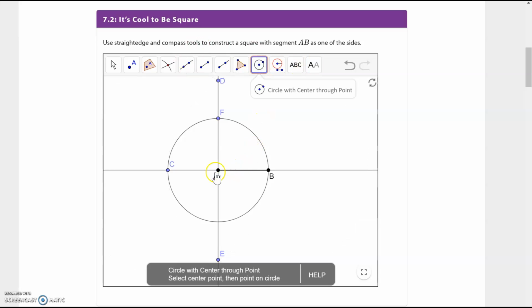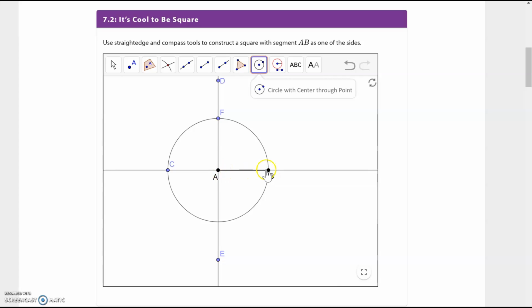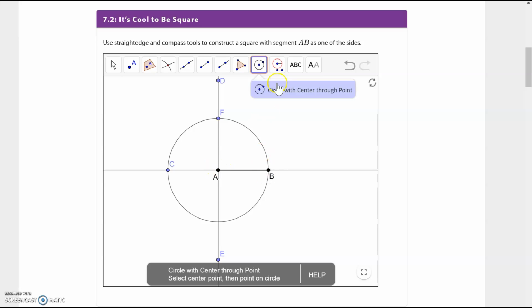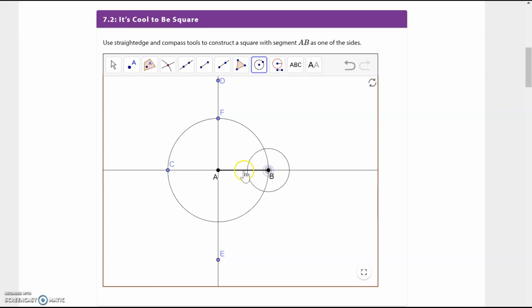And I am going to draw a circle over here so that B is the center. Right, so I'm going to draw a circle so that B is the center. Perfect. I'm going to put another point